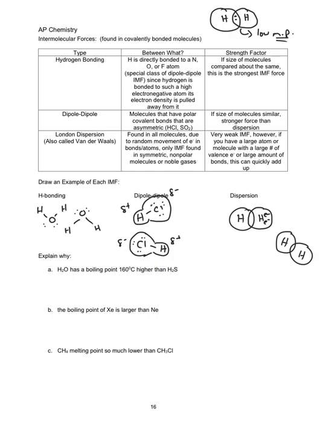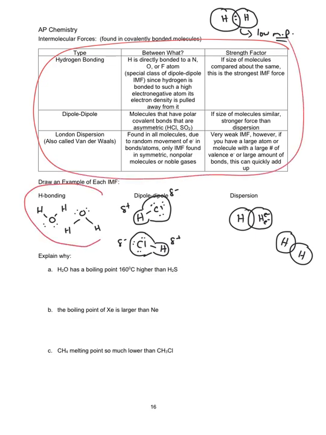So I want to quickly look at those 3 types of bonds, and here we see examples of those. And here's a table that goes through all the factors I've already talked about. In hydrogen bonding, here we see 2 molecules of water, and a hydrogen bond occurs right here between that hydrogen and the oxygen. There could also be one here between that oxygen and hydrogen, but again, it's the hydrogen directly bonded to an O, N, or F that is attracted to another O, N, or F on a neighboring molecule, and that is a hydrogen bond. HCl cannot form a hydrogen bond because there is no hydrogen bonded to oxygen, nitrogen, or fluorine. And those 3 elements are important because they're the most electronegative elements on the periodic table.